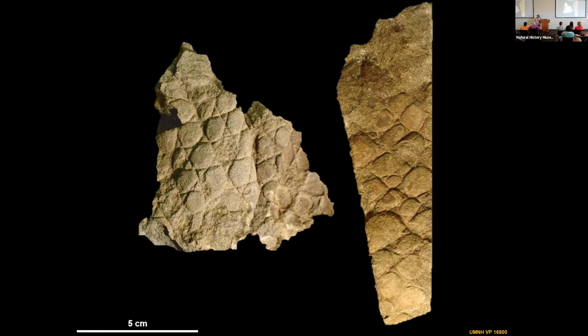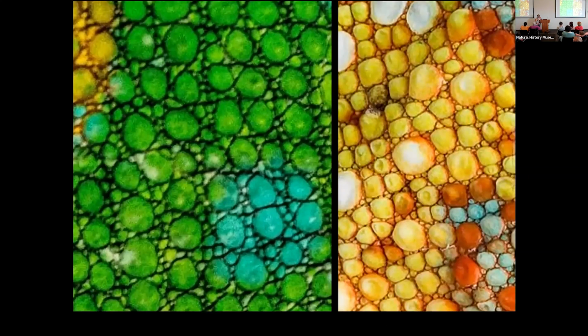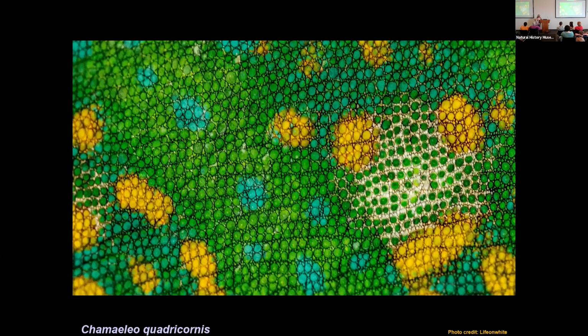So it turns out we have skin like this in life. Same thing. I would interpret the skin that we had on this animal to look more like this in actuality. And it's a very specific kind of skin on a very specific kind of animal. This is what the whole background looks like. And what it is,